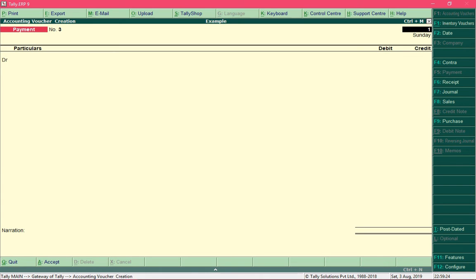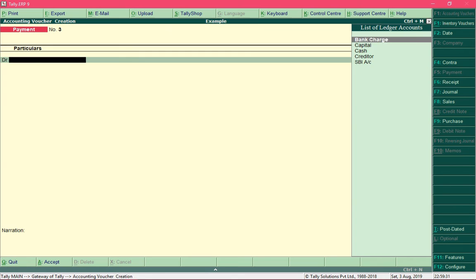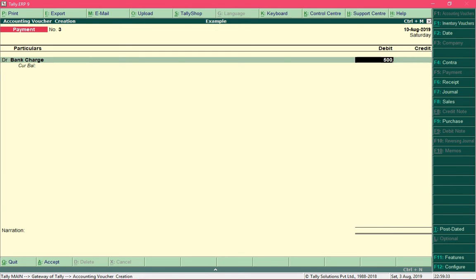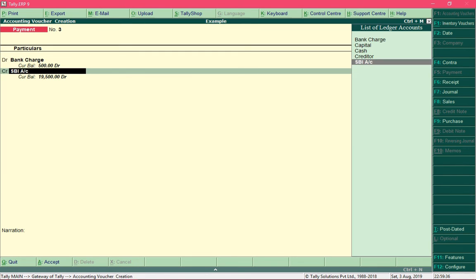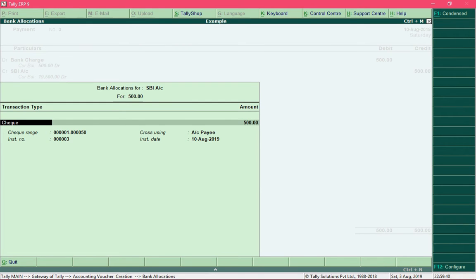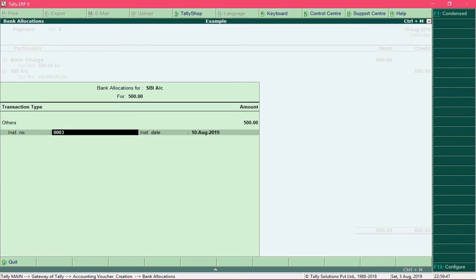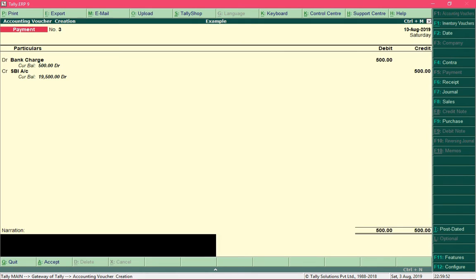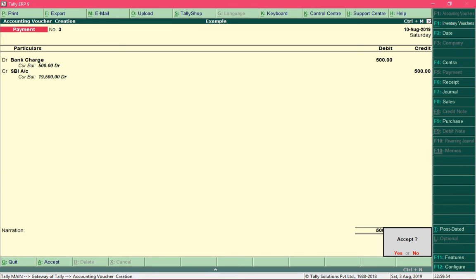Assume that I am recording this entry on 10th of August 2019, and I will debit the bank charge for rupees 500 and credit the bank account for rupees 500, and let me specify the transaction type as others, because it is not a check payment nor an electronic payment. I will save these details and accept the payment creation screen.